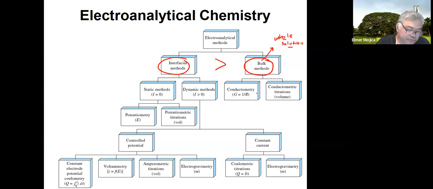Now, if you look at the definition of this bulk method, they are based on the phenomena that occur in the bulk of solution, and efforts are made to minimize interfacial effects. So this is very different from the